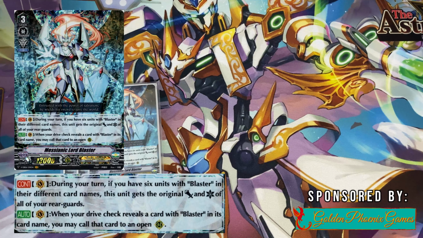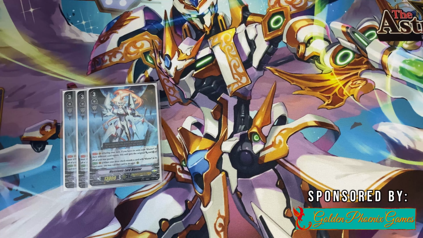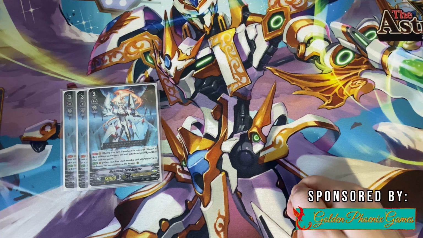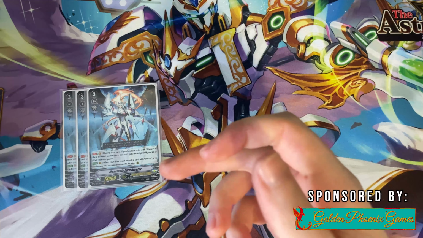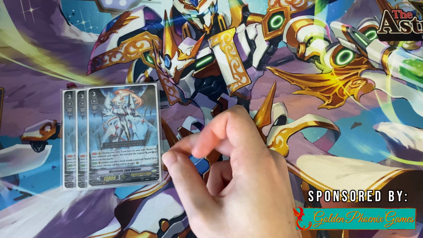As its second skill, which is Auto and Vanguard, when you drive check a card with Blaster in its card name, you may call that card to an open Rearguard circle. So that way you're effectively able to leave 1 or 2 slots open on your board during your turn, and when you drive check you can call them. And of course, if you have something like Blaster Dagger, they perhaps all get boosts, so all of a sudden you can attack. And the key thing there in the continuous skill is original,